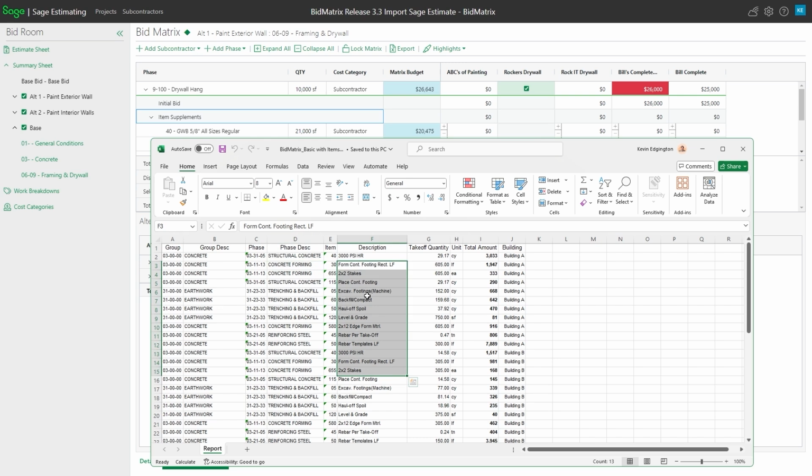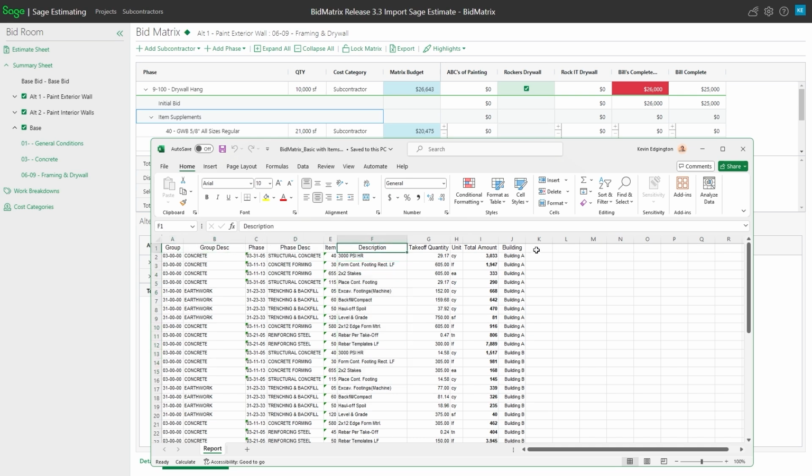So that way it can come from other estimating systems. It could come from an Excel spreadsheet if somebody's using that for estimating. Whatever it is, you can import it as long as you can think about what these columns are and how you're going to match them up with the bid metrics columns.